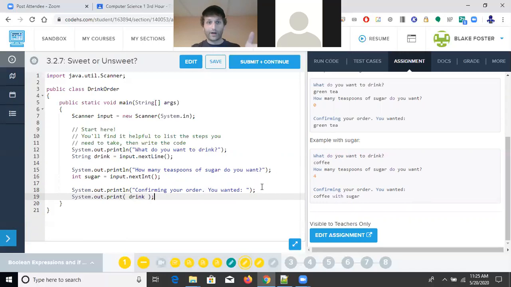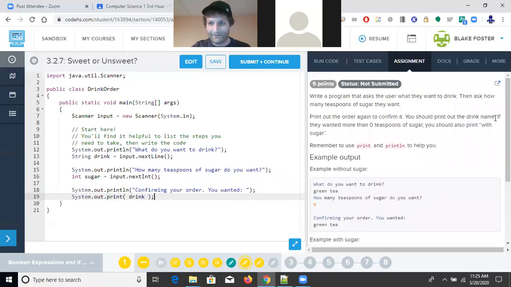Notice no quotes. Why no quotes? Because I want the actual drink variable's value instead of the word drink to show up. Notice I used a print there. Why a print? Again, I'm going to print out whatever they decided to drink no matter what. And then the directions say if they wanted more than 0 teaspoons of sugar. How can I write that? If sugar, sugar is the name of the variable I stored that they typed in, if it's greater than 0,